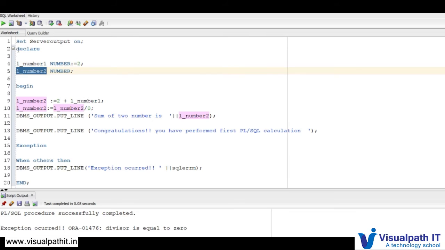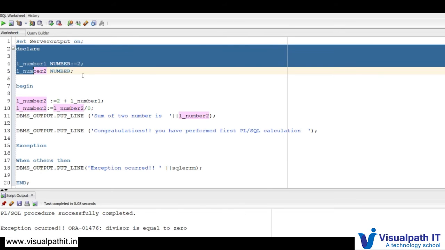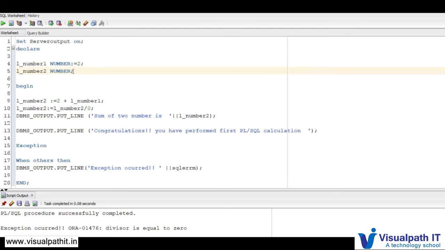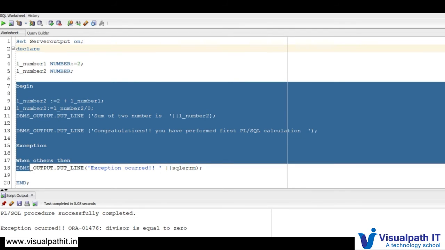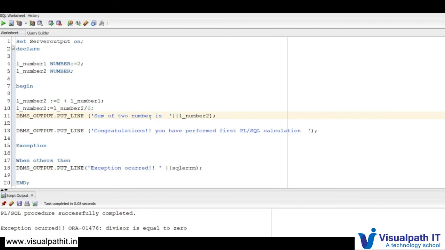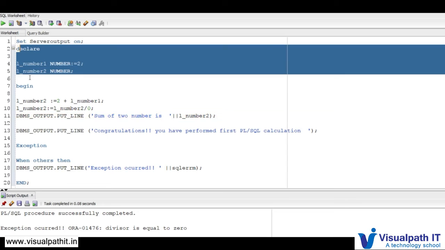That's why I had to use declare. If I had not used this variable, it was not necessary to have the declare block. I rather could go with only begin and exception. This is the one point you have to remember about the declarative section and the exception section.